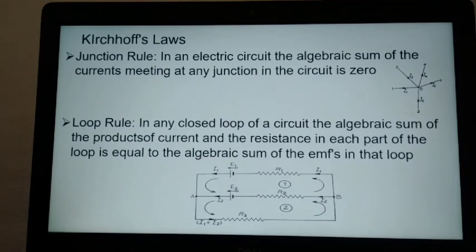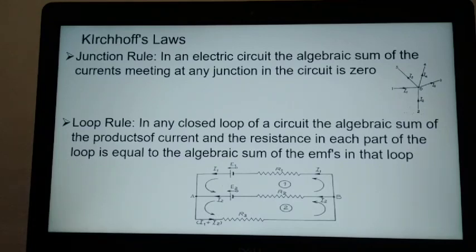From that, I1 plus I2 is equal to, all the negative terms you can take to the right hand side. So I3, I4, I5 will go to the right hand side. So I1 plus I2 equal to I3 plus I4 plus I5. What is I1 plus I2? I1 plus I2 is the total current entering into the junction O. What is I3 plus I4 plus I5? That is the sum of all the currents leaving that junction. So all the currents entering into a junction is equal to all the currents leaving that junction.